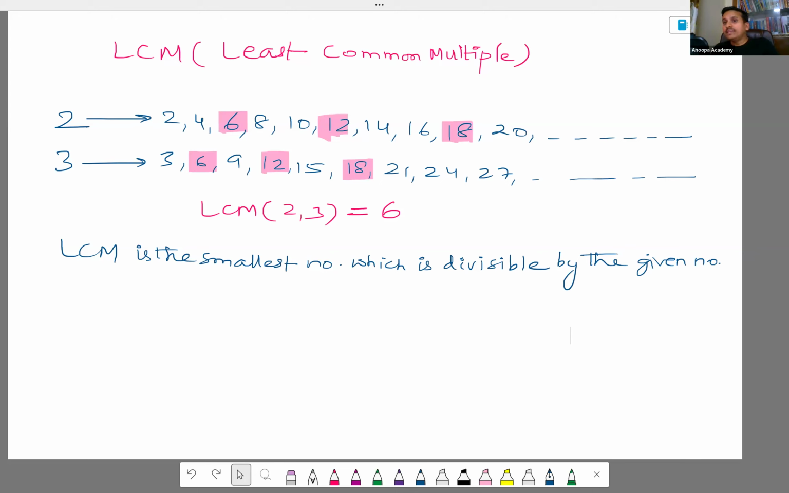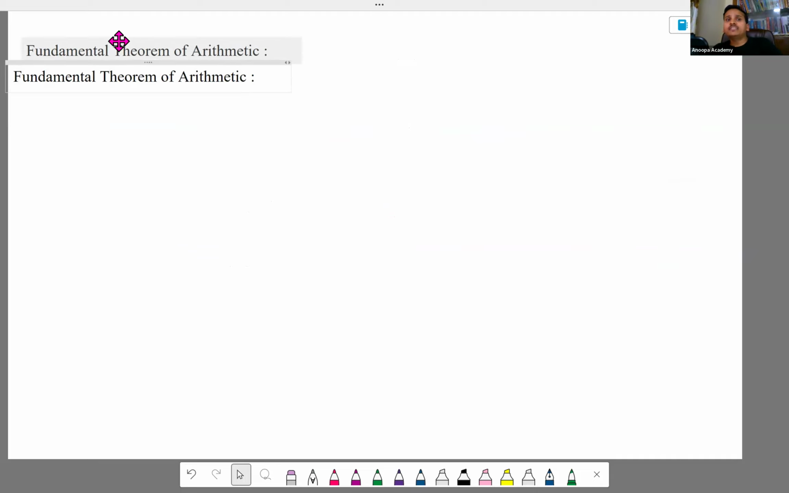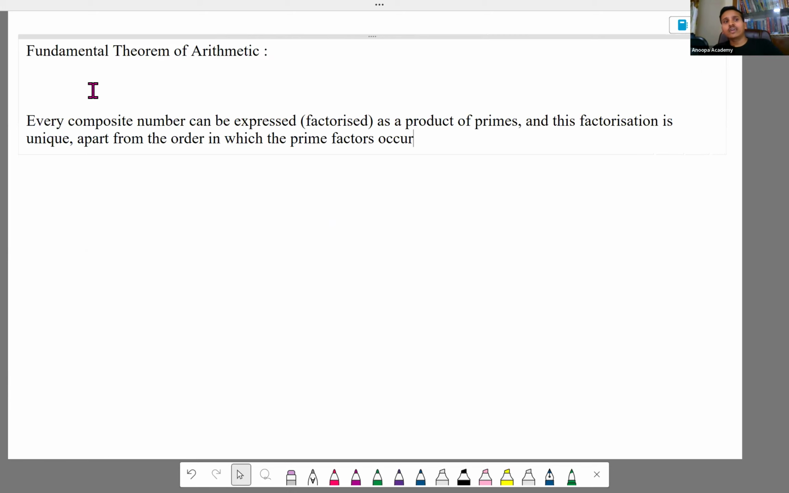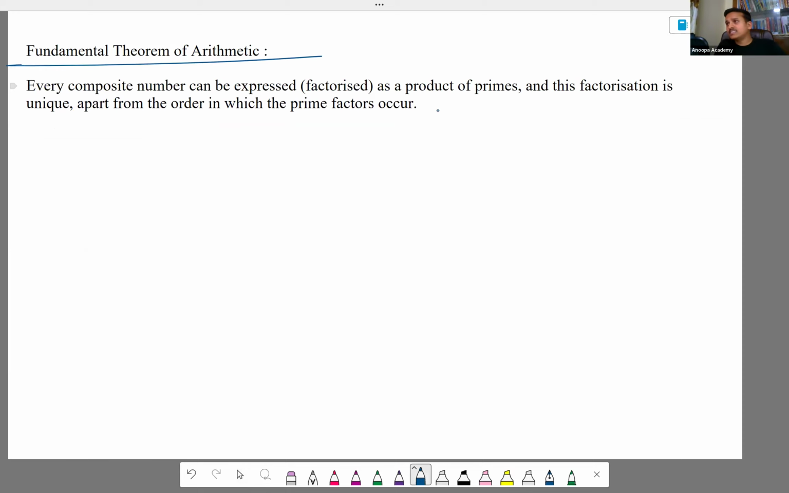Let's move forward. Next, we are going to understand another very important concept called the fundamental theorem of arithmetic. What is the fundamental theorem of arithmetic? Let me write the definition and then I'll explain. Let's understand the definition. It says the fundamental theorem of arithmetic says